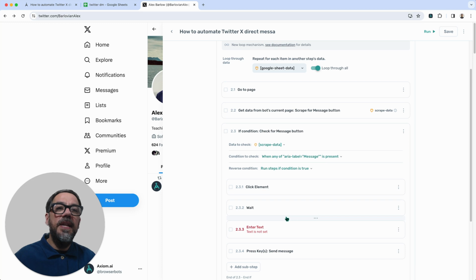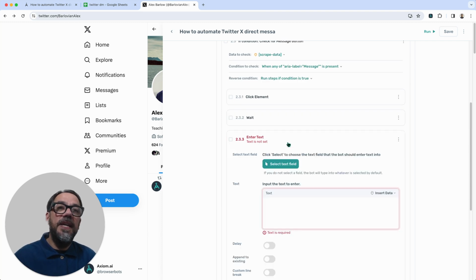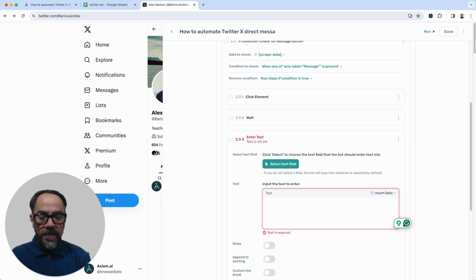That takes me neatly on to step 2.3, which is where we need to configure the message. So I'm going to expand the enter text step. This step does exactly what it sounds like it does. It enters text into input fields. We've already selected the input field for you. What we need to do is enter the message. We do that by simply clicking in the text box and typing in your message,